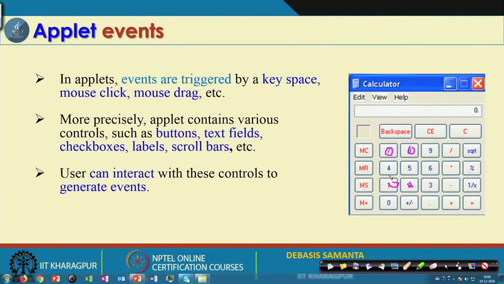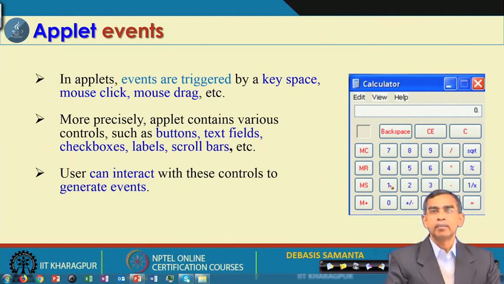So, this is basically called event driven. Here the different components, the different elements in these applets, can be triggered, and once these elements are triggered, an event will be generated. This is the concept of event based programming.